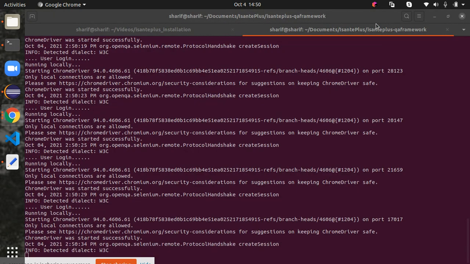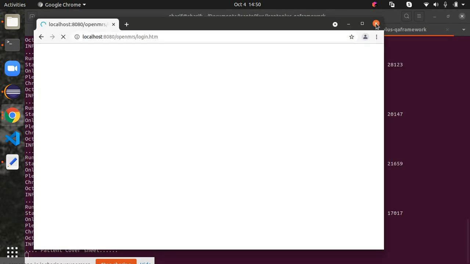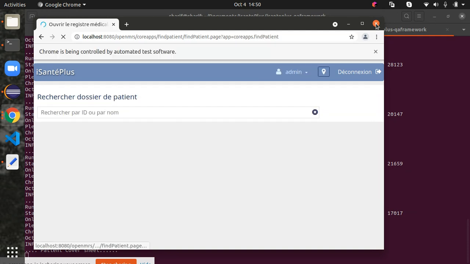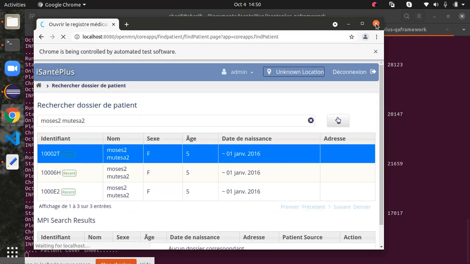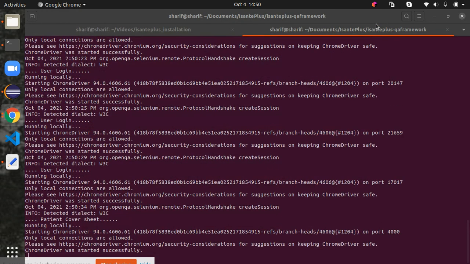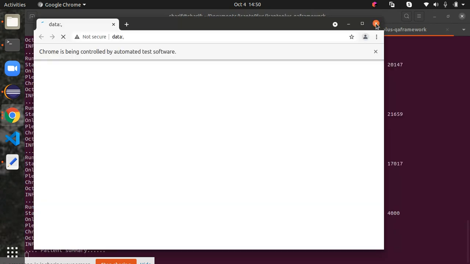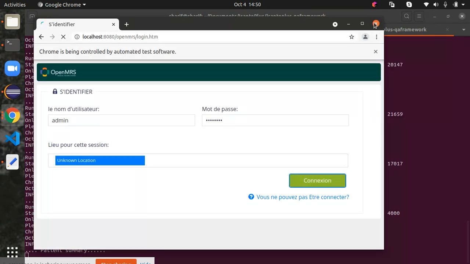Basically, I will pause here, but that is an Isante system being automated using Selenium and Cucumber. Thanks to Moses and thanks to Cliff and Ken